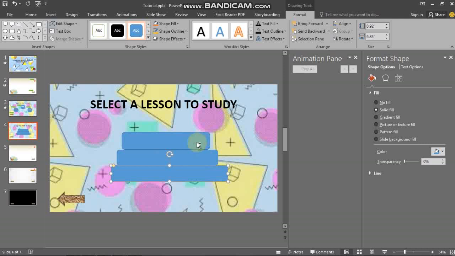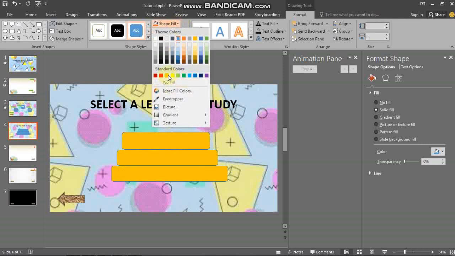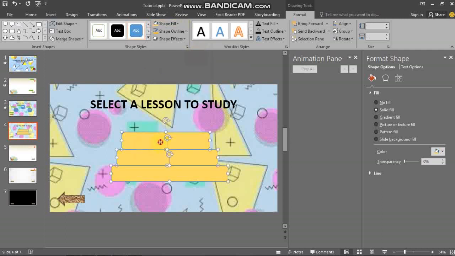Alright, then we can just change the color to this, the golden color, and we add